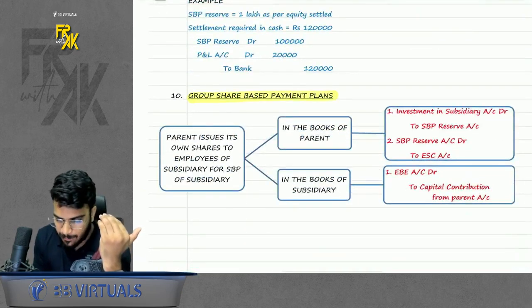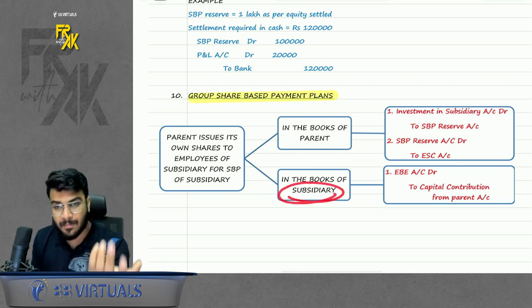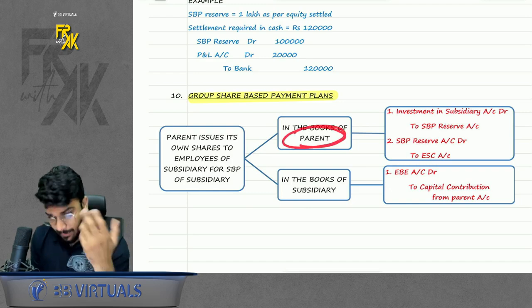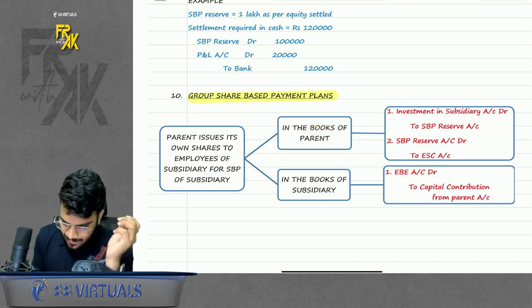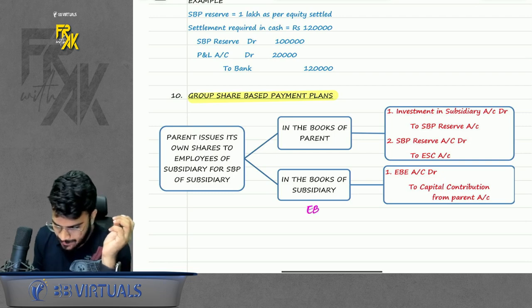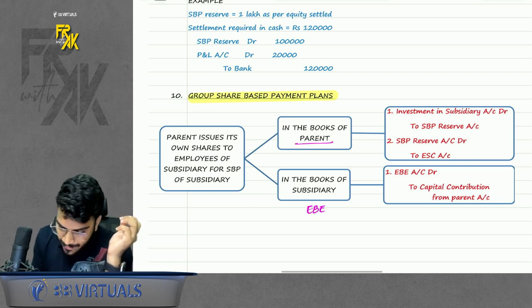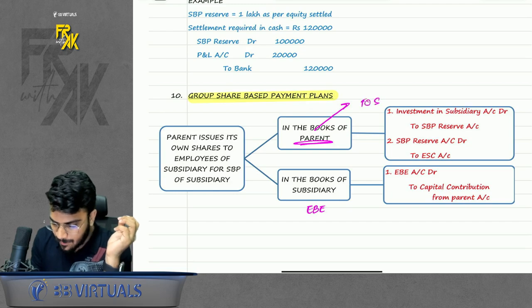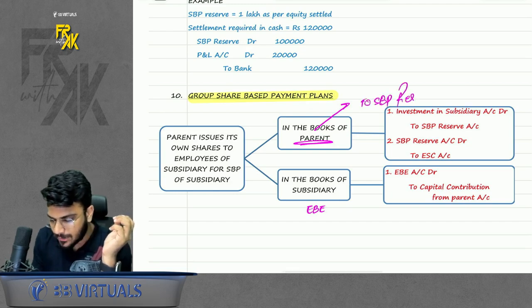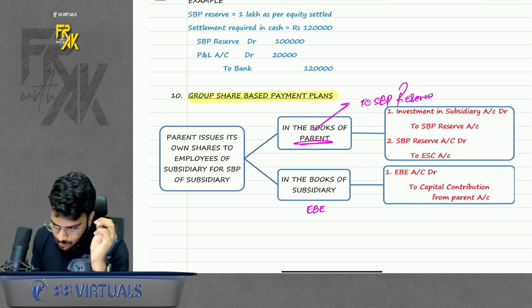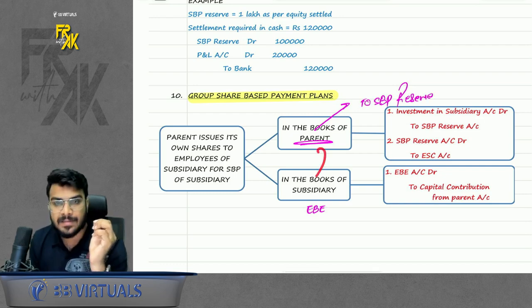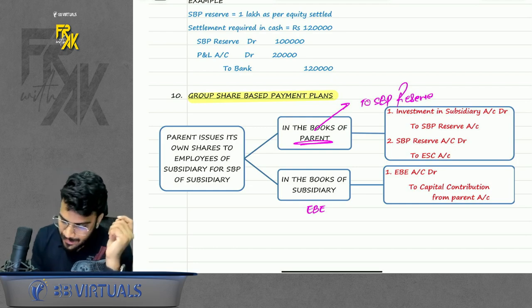group share-based payment plan. What is the meaning of group share-based payment plan? Let's say a subsidiary announces a plan, but shares will be given by the parent. So when the subsidiary announces a plan, can I say employee benefit expense will be booked by the subsidiary? But when the parent is supposed to give shares, the parent will say to SBP reserve. Now in both the companies, the entry is incomplete. So when can I say the parent is helping the subsidiary here by giving the shares? So the parent will say